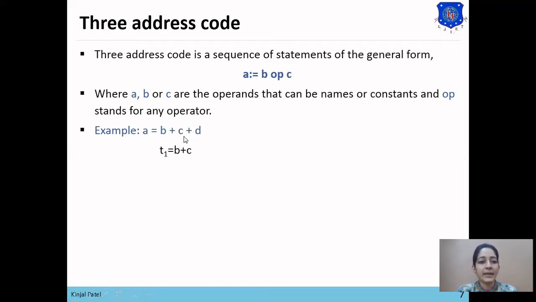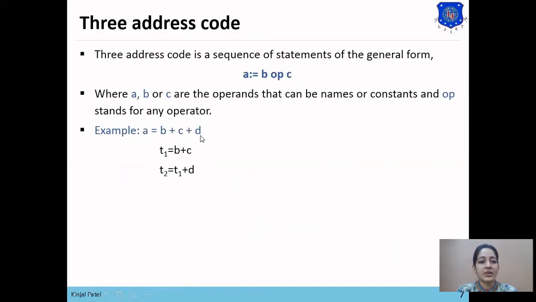So first, B plus C equals to T1 means B plus C will be added in T1 temporary value. Now we want to add this T1 value to D. So T1 plus D equals to T2 means the result of T1 plus D will be stored into T2.